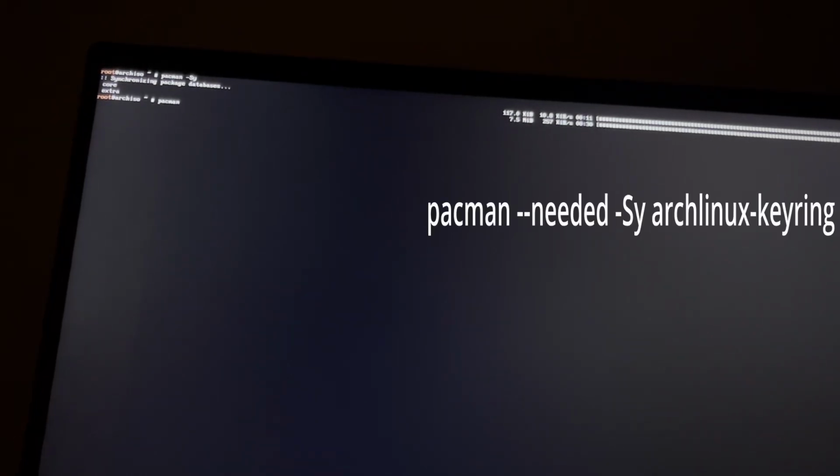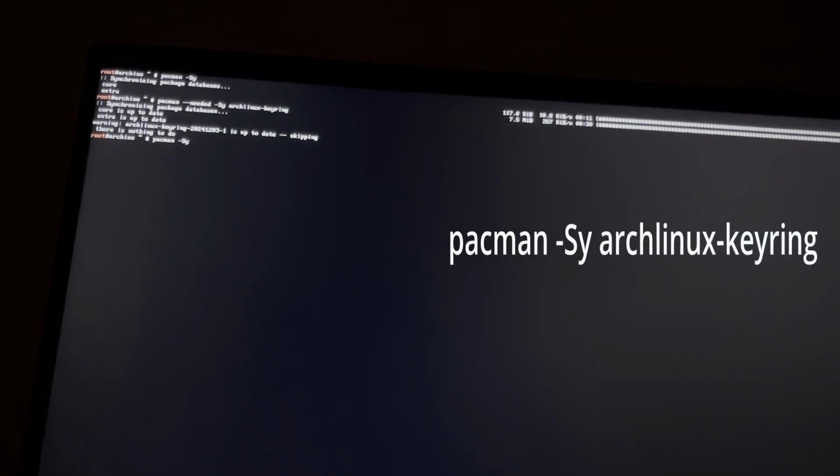Now it's done. We need to install archlinux-keyring and -Sy. Okay, run this command. This is up to date. And pacman -Sy. Install it.